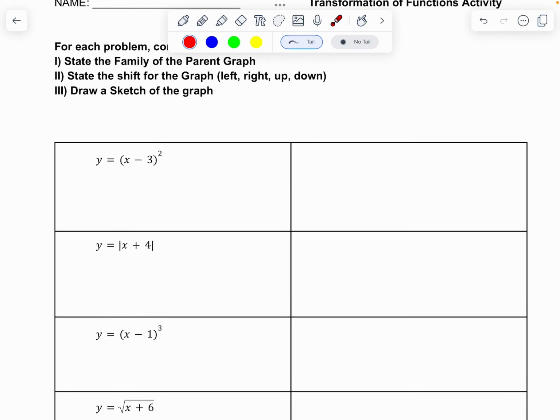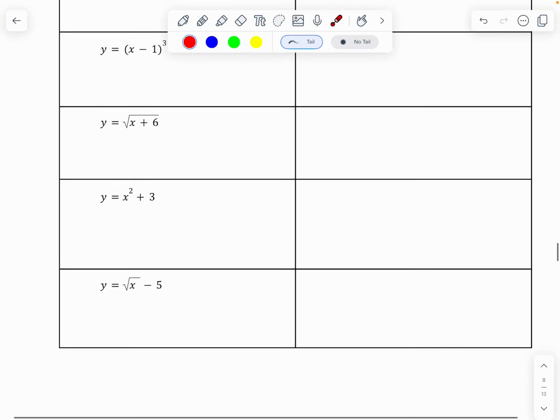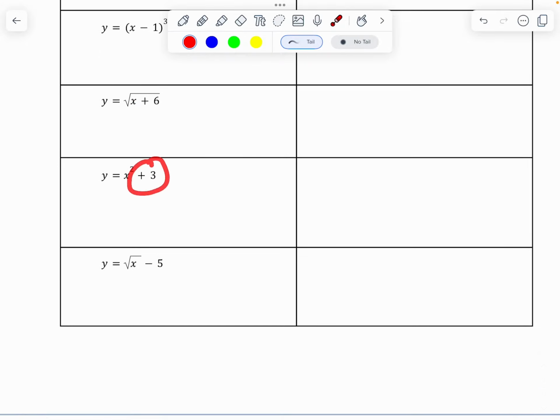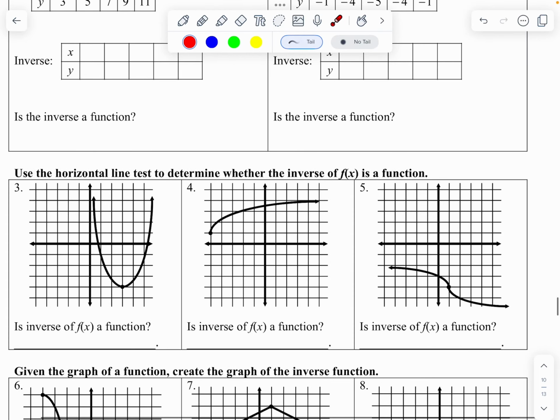Okay? Let's look at this. Remember, our minus on the inside moves our graph to the right. The plus on the inside moves the graph to the left. Okay, but the plus on the outside moves the graph up, and the minus on the outside moves the graph